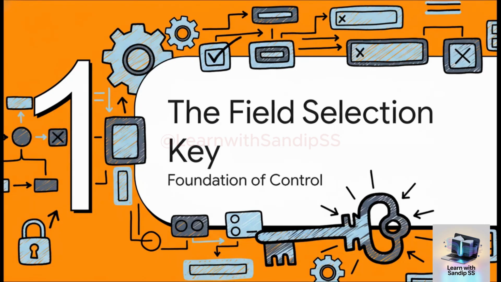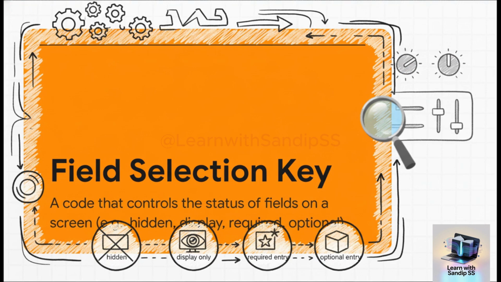The magic behind all this is something called the field selection key. Seriously, this is the absolute foundation of screen customization in SAP Materials Management. You gotta know this. Okay, so what is this thing, really? Think of it like a set of instructions for every single field on the screen. It's just a simple code that tells SAP, hey, for this field, I want you to do one of 4